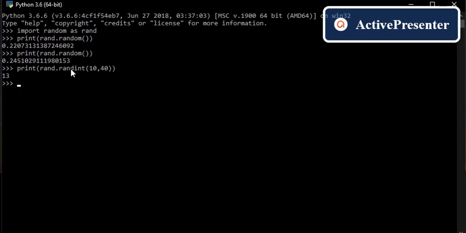Here both are possible, there may be 10 also, there may be 40 also, but in the upper example, when you are using the random function, it is highly impossible that you will not be getting one value. Upper limit will be excluded, but here both the lower limit as well as the upper limit are possible. But obviously, of course, it shows randomness.